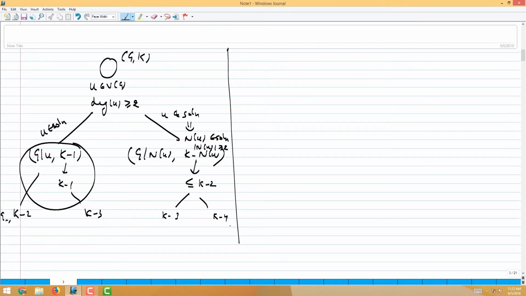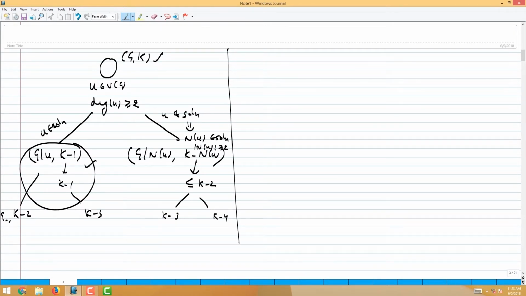So I will not get a complete binary tree on k vertices at least here. So definitely the number of nodes in such a branching tree will be less than 2^k. But we have to see how much it is to get a perfect bound. That is one thing. So we will compute the total number of nodes in this tree, but before that,